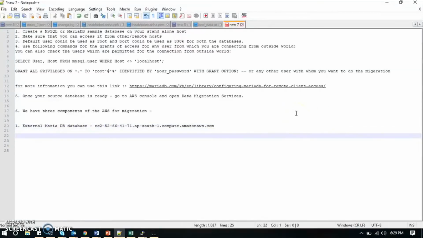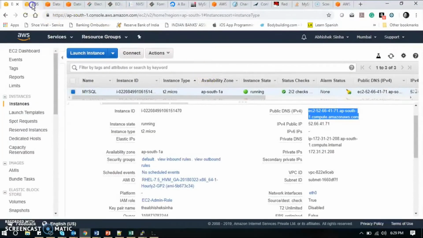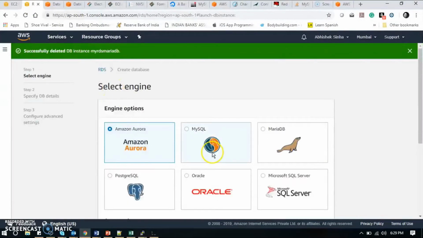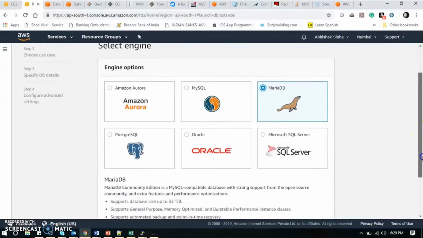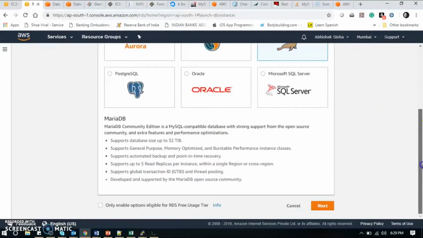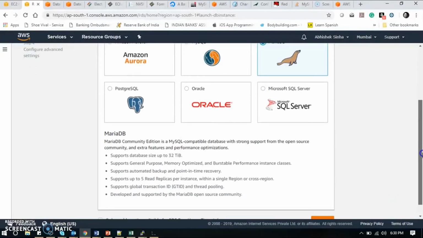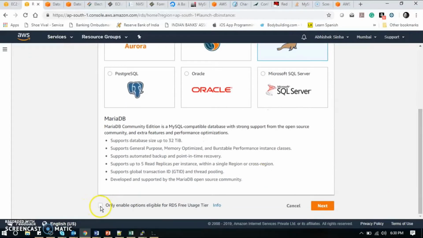Then we need to have an RDS instance. I will now make an RDS instance in front of you, and I am going to create just the basic RDS instance. I'm not going to make any fuss about how it needs to be done, and I can make another video where I migrate MariaDB data to an Oracle instance, but for the sake of simplicity I'm just using RDS for MariaDB, so that I can transfer the MariaDB instance data to another RDS instance of MariaDB.